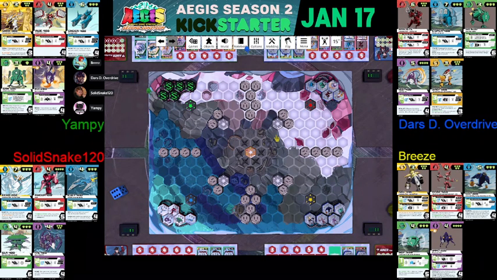3 is deal 3 damage to a jerk on a star point. 4 is move any robot on a star point 4 hexes. 5 is gain 5 energy. And then 6 is do any of the above. So they're mostly numbered in an intuitive way. And with that, we think we can...